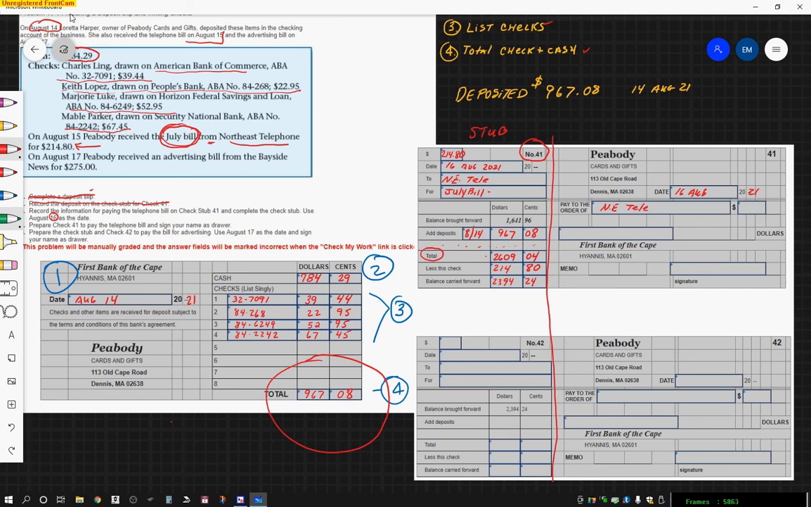It was for $214.80. And this amount here has to be written out. The amount you see here. This is what's unique about checks. We write the dollar amounts out. So in this case, we're going to write